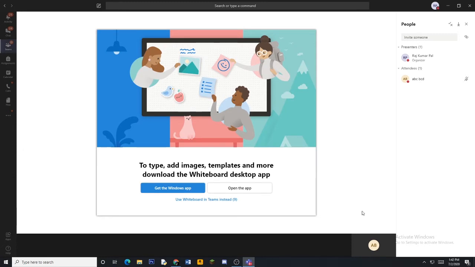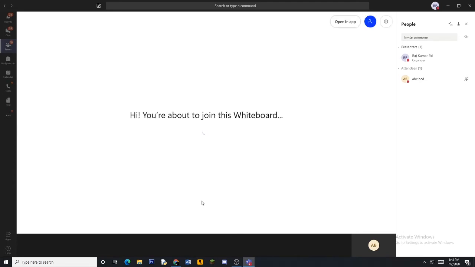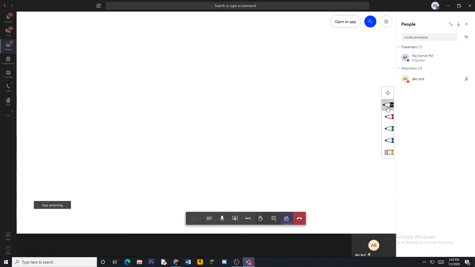Now here there is a very important point to note. If I click on this, this will be my Microsoft Whiteboard, and there is another which automatically, after few seconds, this is Microsoft Whiteboard, and there is another independent whiteboard which you can use, which again I'll show you that also. So this is your Microsoft Whiteboard. If I click on this pen, I start writing. I write my name.